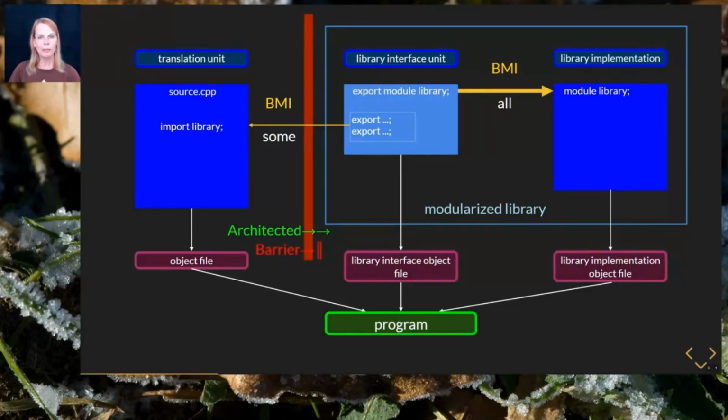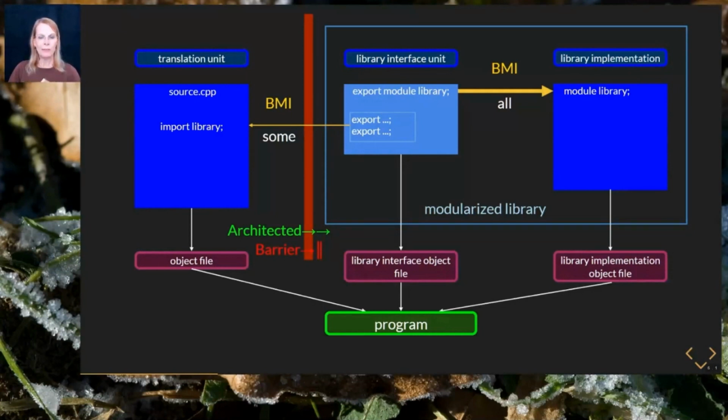We need a new communications channel that makes the contents of the interface visible to both the implementation of the library itself and also to the clients of the library. This channel is a compiled form of the interface with an equivalent representation of its contents. The compiler environment is no longer a concern. The semantical meaning of the interface is immutable. It's compiled only once, and there's therefore no place left for ODR regarding the contents of the interface.